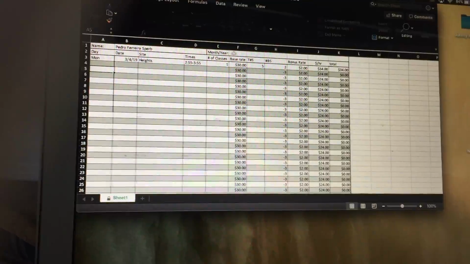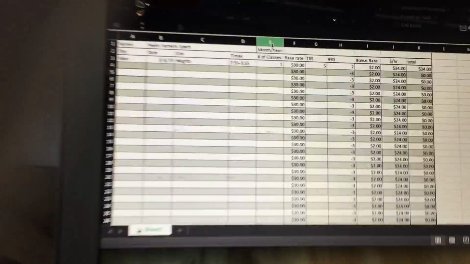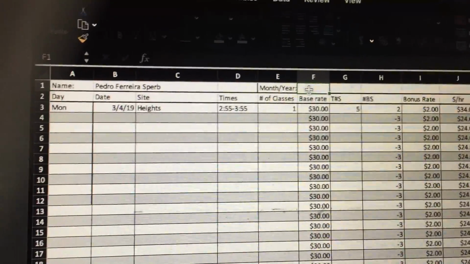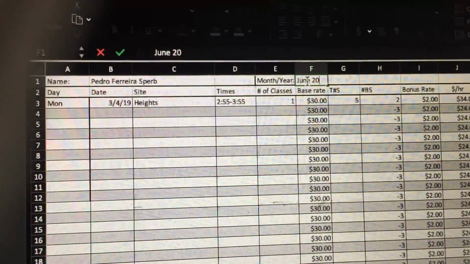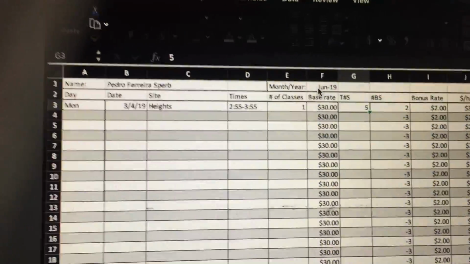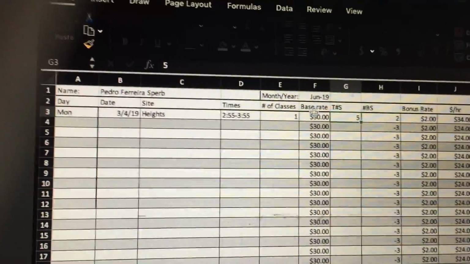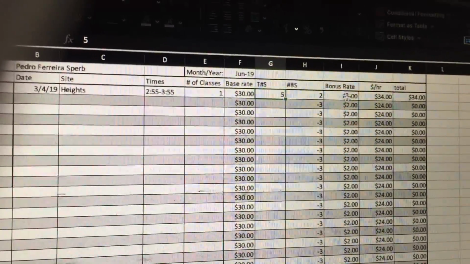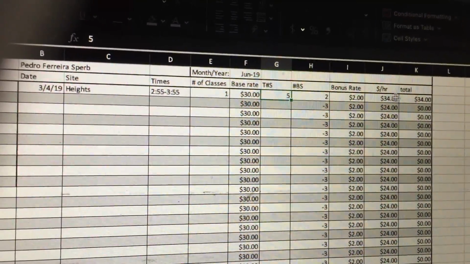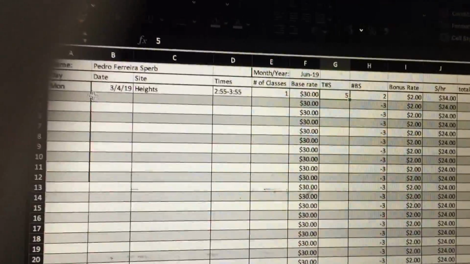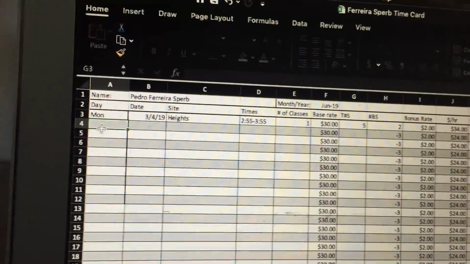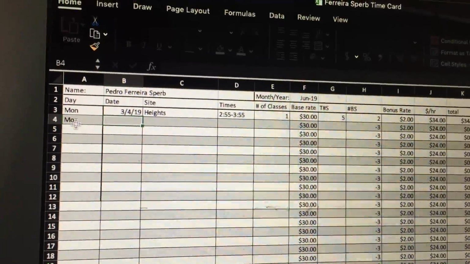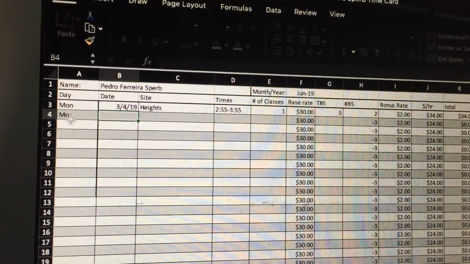So the first thing we want to do is go up here to the month and year. We want to put in, for instance, June 2019. Now, when I mentioned things are locked, if I click here in your rate, number of bonus students, bonus rate, hours, total, or anything, you can't mess that up. So for instance, let's say I go here and put in Monday, and over here, let's say that's June 3rd,